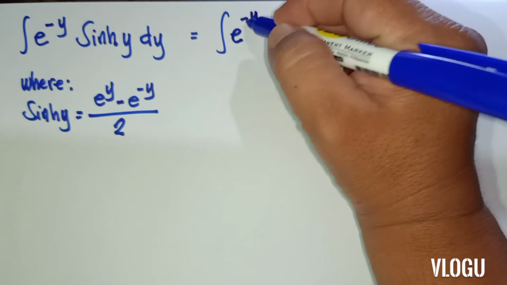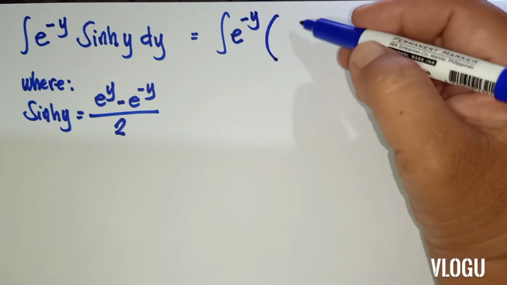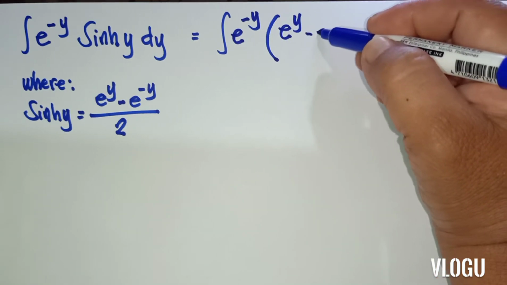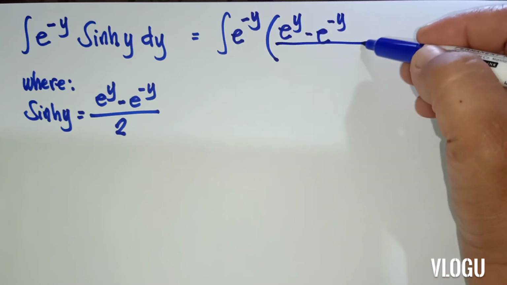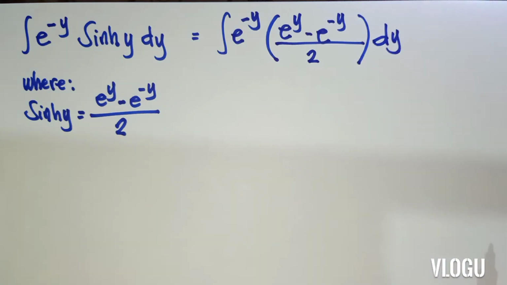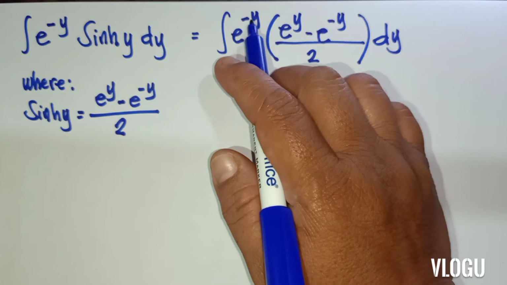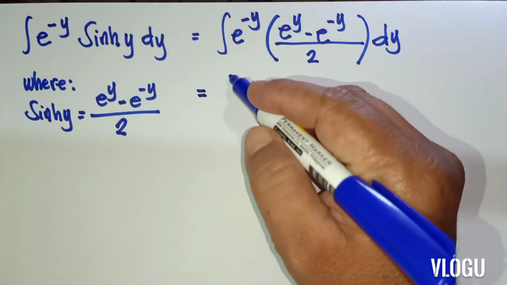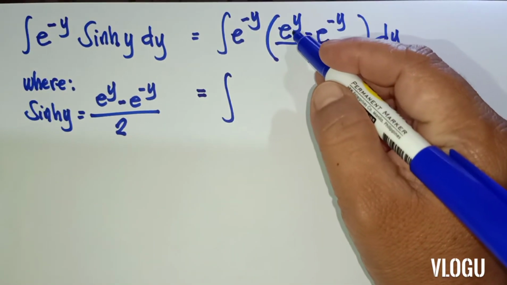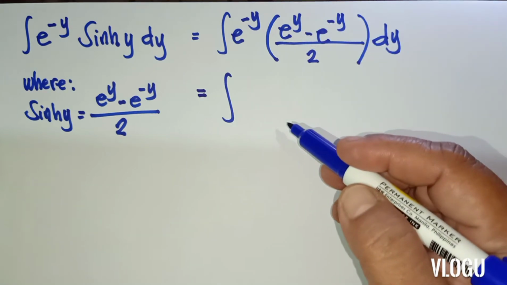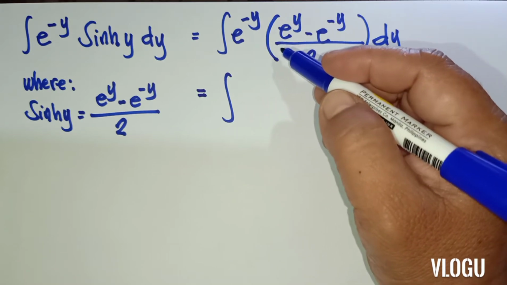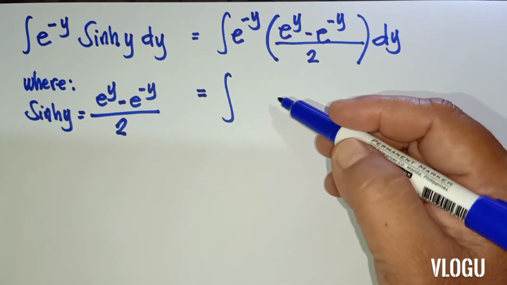E^(-y), okay, substitute (e^y minus e^(-y)) over 2 dy. For that one, we are going to multiply e^(-y) inside. The integral of e^(-y) times e^(y), that is equivalent to e^0. So e^0 is equivalent to 1. Okay, so we will have